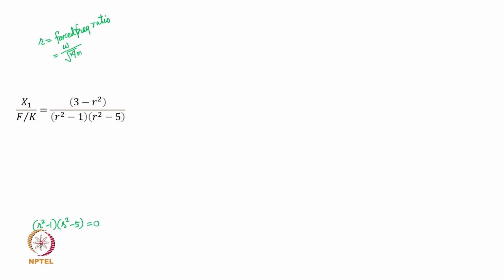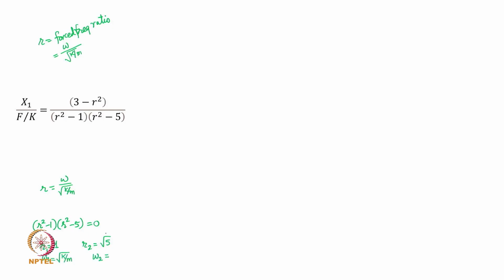You remember that you got R equal to 1. Now, this is the first resonance frequency in this case. The second resonance frequency is going to be square root of 5. Now, we have already seen that R is what? R is omega over square root of k over m. So if I write this R1 as omega 1, resonance frequency 1, equal to what? 1 times square root of k over m, and this omega 2,